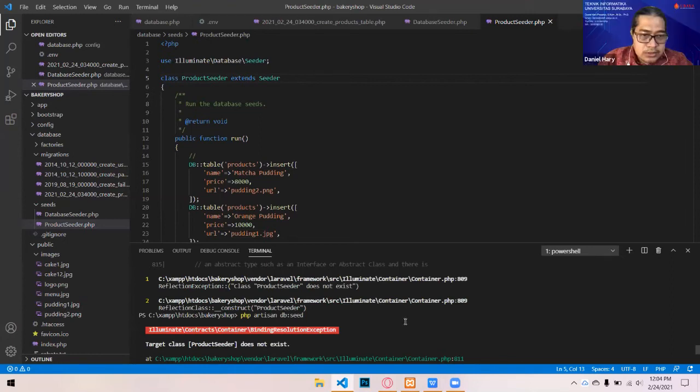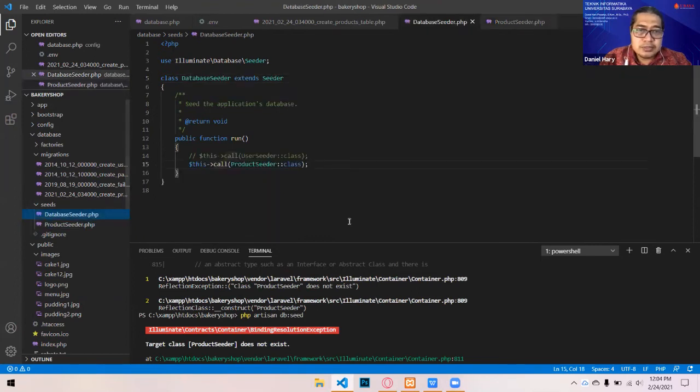Product header does not exist. This is product header. Yes, again. Maybe you have, where is the product again? Products, and in the database header there is product, it is already product.